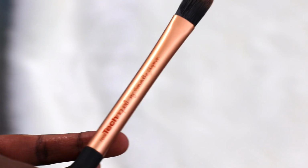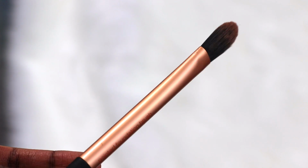So that looks great to me, so we can now continue to concealer. Next for my concealer, I'm going to be using the same foundation stick and the Real Techniques pointed foundation brush, but I'm going to use this as a concealer. What I do is I just open up the foundation stick and I'm just going to apply this under my eyes,